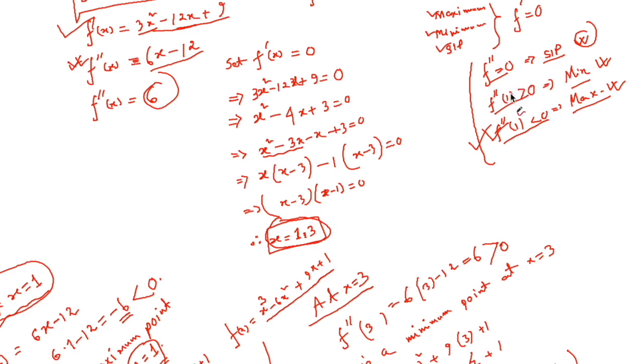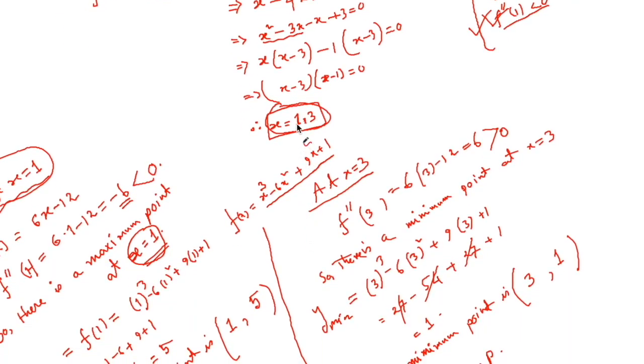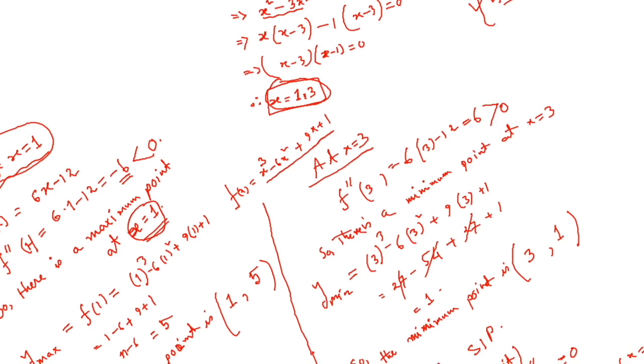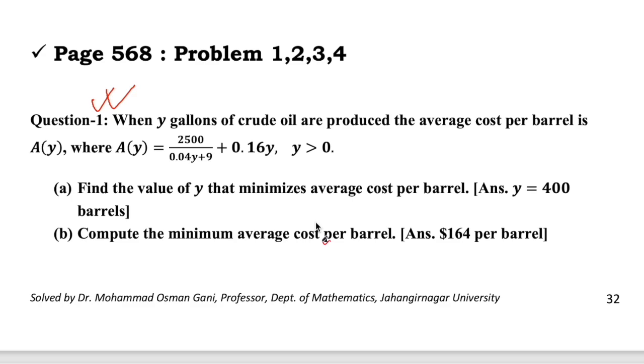Second derivative at the stationary point, if positive, then there is a minimum point. If negative, there is a maximum point. If positive minimum, negative max, আর 0 হলে SIP। তো আমাদের এখানে 1 এ হয় নেগেটিভ আর 3 তে হয় পজিটিভ, therefore no SIP। কোশ্চেন যদি না থাকে, এই 4টা অঙ্কের যে কোনো একটা পরীক্ষা আসে, এগুলো বাসায় দেখে নিবা, 1, 2, 3, 4।